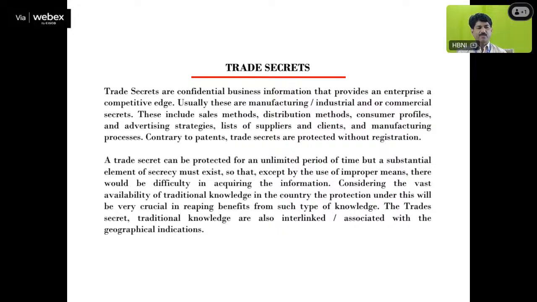Like this, various companies have their own trade secrets. Usually these are manufacturing, industrial and commercial secrets. These trade secrets also include the customer database of various companies. Who are the customers? They maintain secrecy about that, so that also comes under trade secrets. These include sale methods, distribution methods, consumer profiles, and advertising strategy, how they advertise and what exactly they do in that advertising strategy. Those things are also